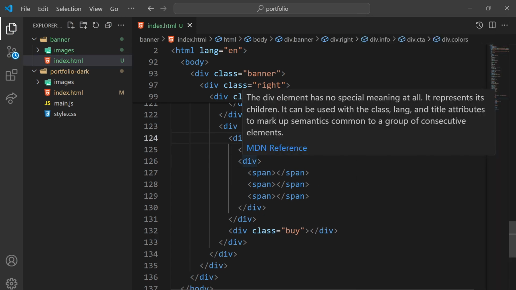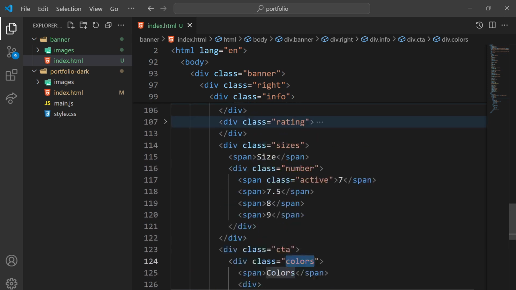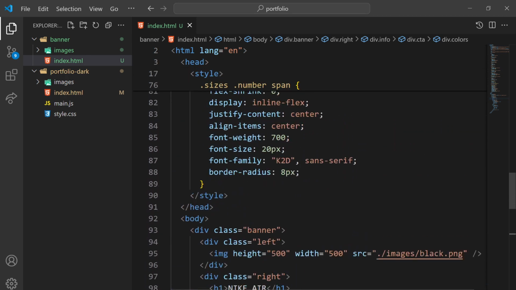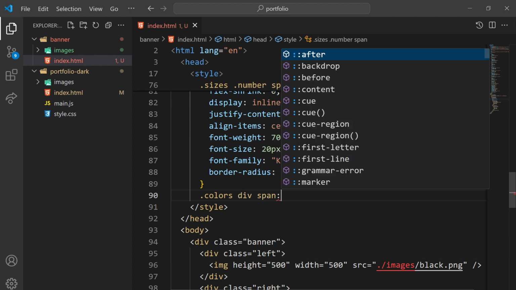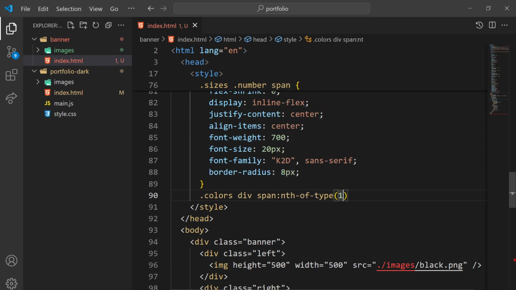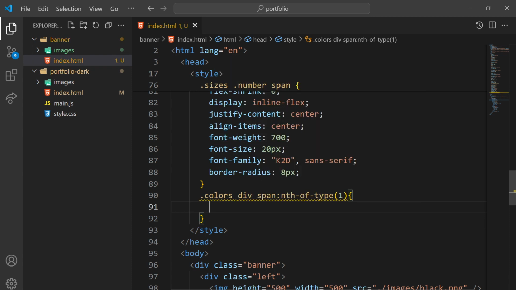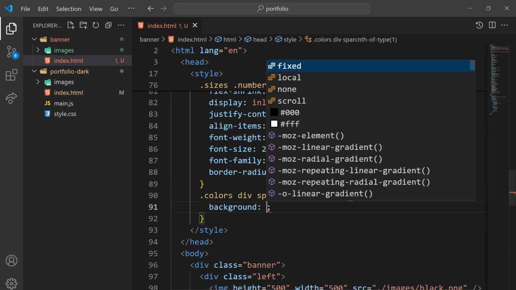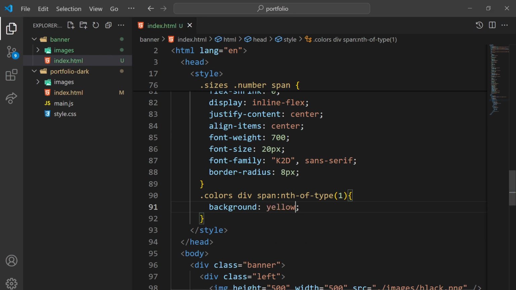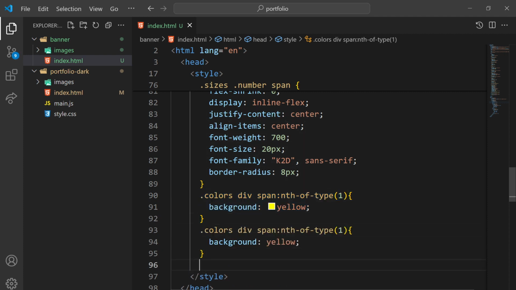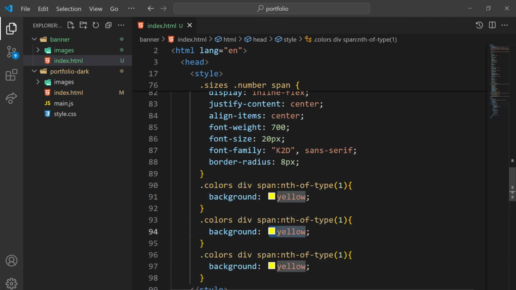So colors div, span another type. One should be background as yellow, white, and green. So the first one will be yellow, second one will be white, and third one will be,